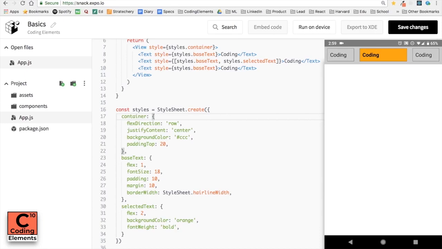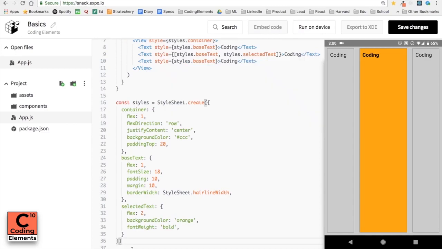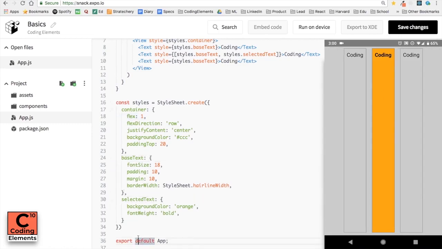However, if I set flex as 1 in just one element, then we can see that it takes up all the space available to it, and all other elements would get only the minimum space required for them. Okay, just like we used justify content to manage layout along the primary axis or row, we can use